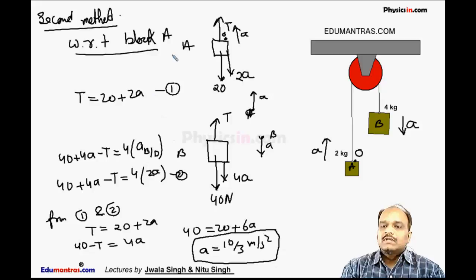We have calculated this with respect to observer O, who is sitting on block A. This is a non-inertial frame. So the acceleration of block B and A with respect to ground will remain the same whether the observer is sitting on the ground or sitting on A or on B.